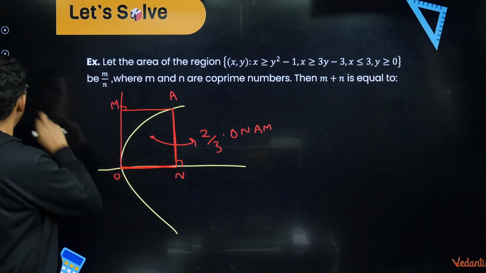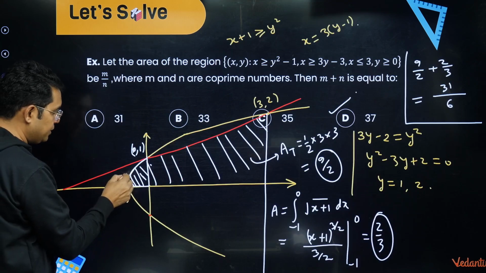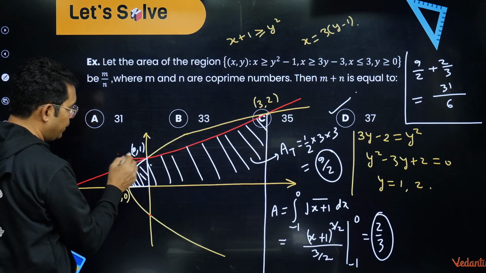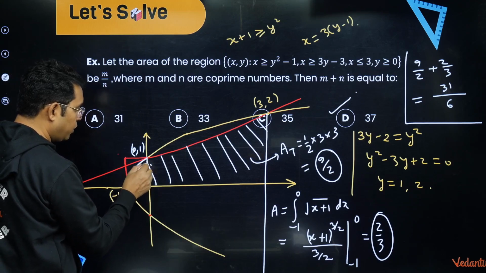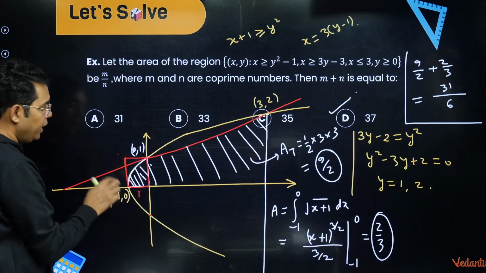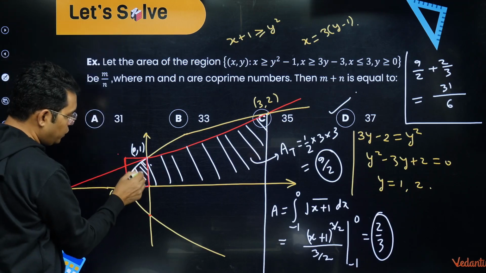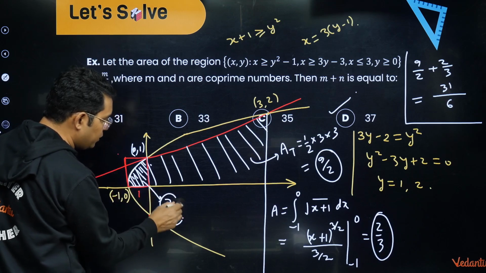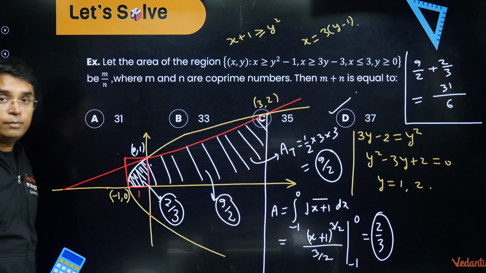Now in this case, if I have to find this area, I will make this rectangle. If you drop a perpendicular from this to this, we will get this rectangle. It is actually not a rectangle, it's a square. So the base is 1, the height is also 1, so this will be 1, and because the area which I am looking for is 2/3 of it, I can directly say this will be 2 upon 3. So dear student, this is 2 upon 3, this is 9 upon 2, there is no need of any integration, just add them, you get the answer.